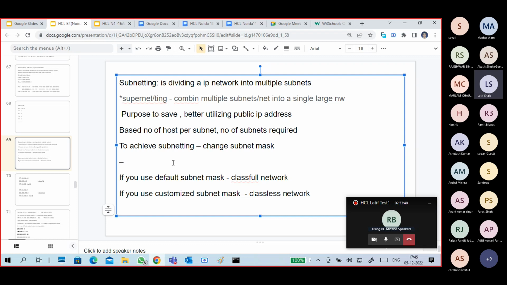Now I want to buy 20 public IP addresses. So I reach out to IANA, ICANN, or maybe the ISP. So you have to buy